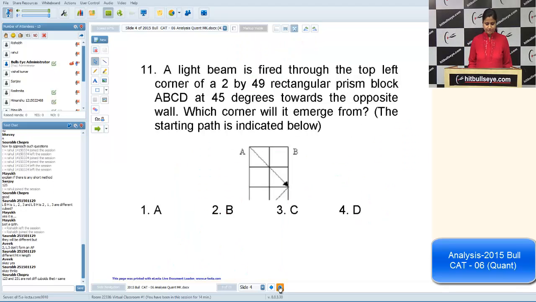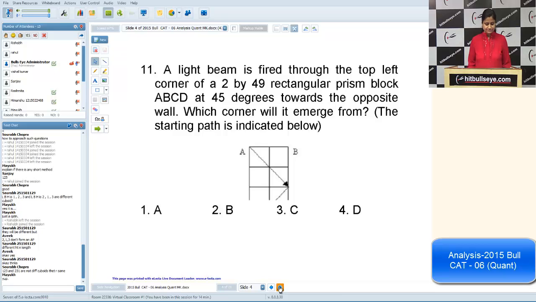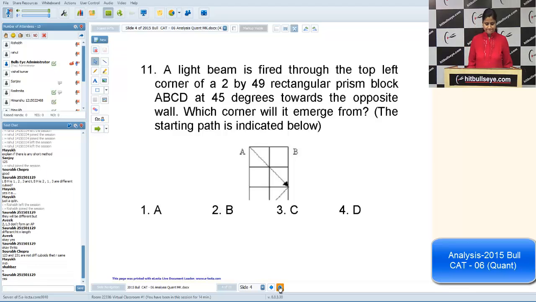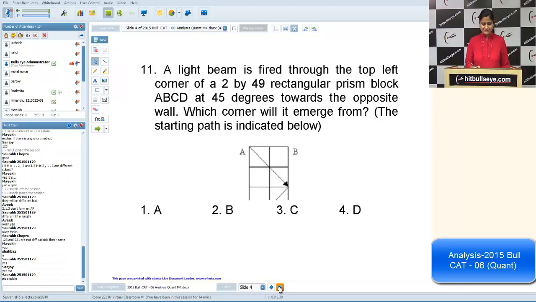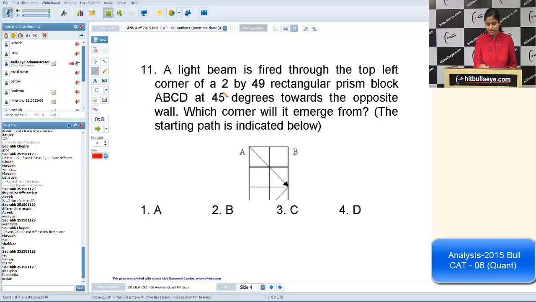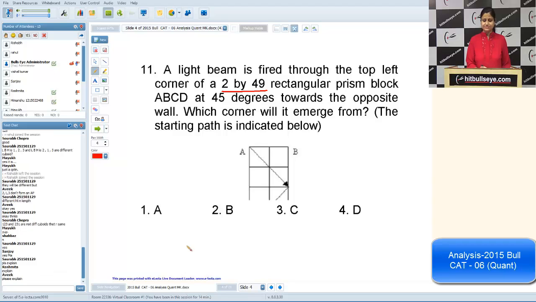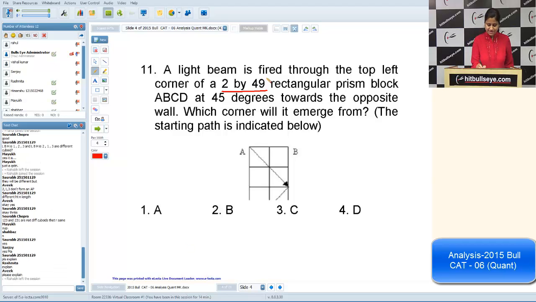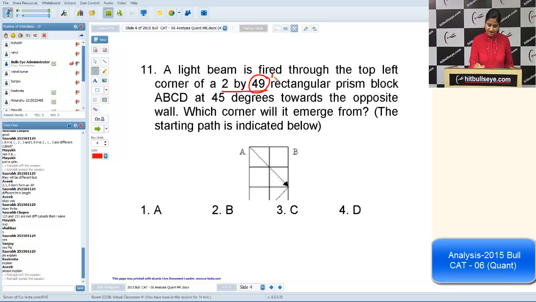Okay. Question number 11. Any problem in this? Yes, that was an easy question. See the dimension here, 2 by 49. That is a bigger dimension. Instead of this dimension, I am taking, see 49 is an odd number, I can try on 5, 7, 9 according to my comfort. See what is the question. A light beam is fired through the top left corner of a 2 by 49 rectangular prism block ABCD at